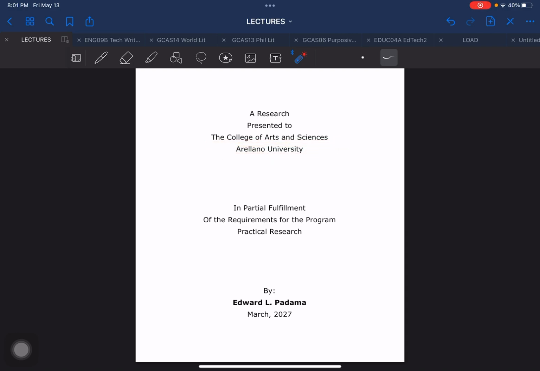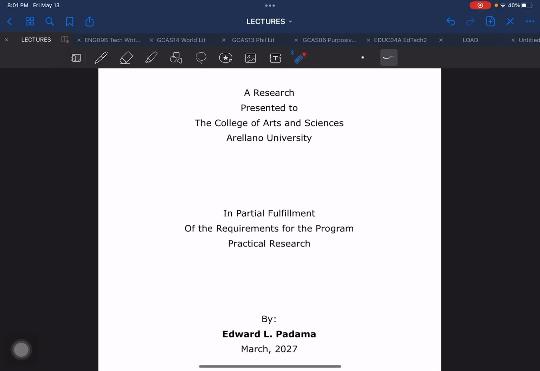On the next part, in partial fulfillment, you can use that as is. Of the requirements for this is the part where you need to change. For the program, subject, or course. Okay? So if you are going to use course, for the course, computer science, so change this one to course. And then change this one. So instead of a subject, practical research, place the name of the course on this particular part of your cover